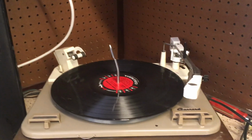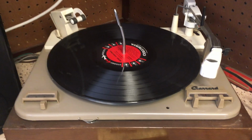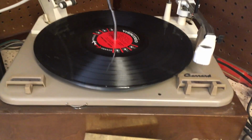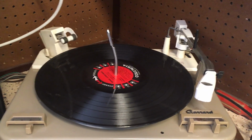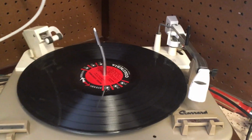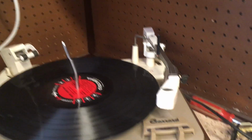I have my receiver here out in the garage hooked to a Garrard, I think this is a Type A, from about 1960. This is their first year that they went to stereo. And so this is a stereo, fully automatic or semi-automatic, depending on the controls that you push. Stereophonic turntable. It has a magnetic cartridge on it, and I think it's the original. It's an Ortofon magnetic cartridge,